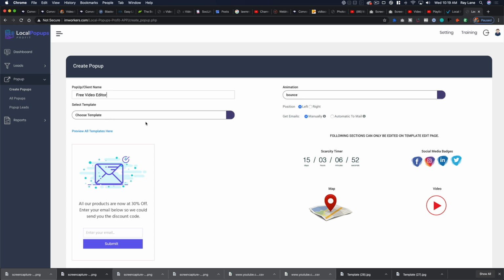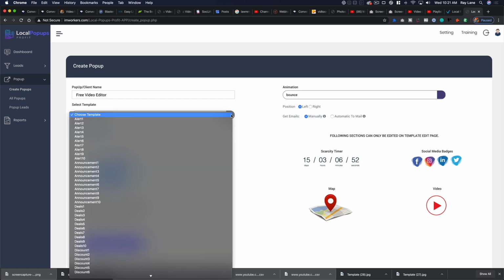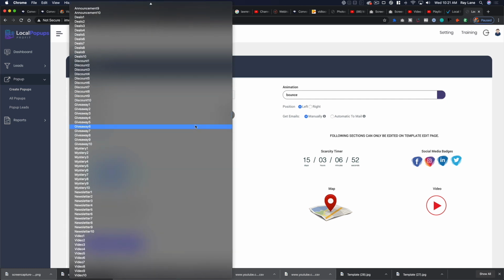Okay? And then down here, we can start to choose a template as well as an animation, the position that we want it in, and whether you want to get emails manually or automatically to mail, okay? Okay, so we're going to start off here by looking at the templates that are built in here. And we can click this button, and it's going to pull up a whole bunch of different templates that we